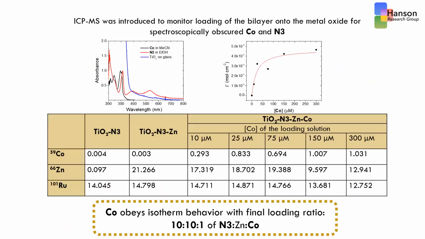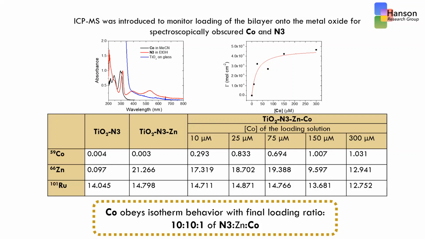Our first step was to generate the bilayer. Typically, we monitor loading with UV visible spectroscopy. However, in this instance, the loading of the molecules was obstructed by the onset of TiO2 absorption. So instead, we turned to ICP-MS, inductively coupled plasma mass spectrometry, where we first assembled the bilayer. We would then desorb the bilayer from the surface and measure the concentration of the metal centers. Using this technique, we were able to determine the final loading ratio of 10 to 10 to 1 of N3